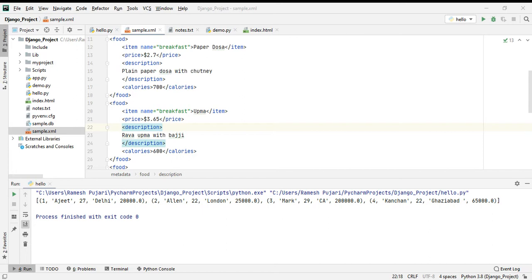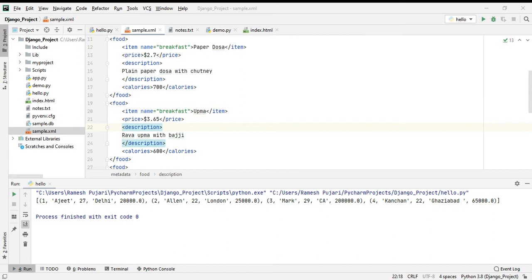In Python, parsing XML documents is possible using two models. The first one is the XML ElementTree model, and the second one is the minidom model, that is the minimum Document Object Model. DOM stands for Document Object Model. So these are the two methods.